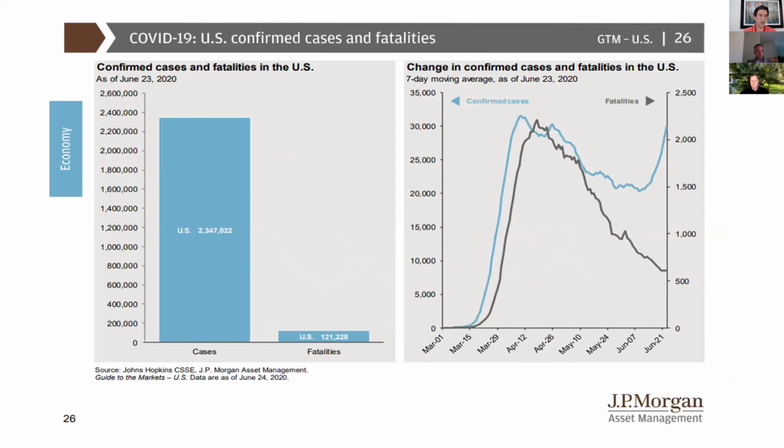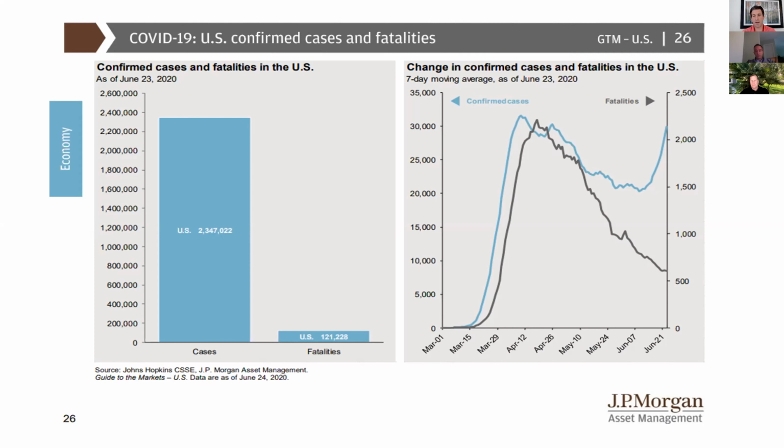So coronavirus, COVID. This is a good slide that shows, as of June 24, 2020, there are now 2.3+ million confirmed cases in the United States. This was the reason for the sell-off initially, the uncertainty around what was going to happen as a result of the spread of coronavirus and the economic shutdown that was going to happen as a result of that. And sadly, there's been, I think, over 500,000 fatalities throughout the world. In the US, north of 120,000 people have passed away.